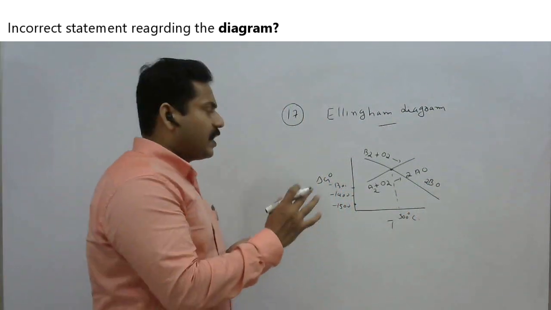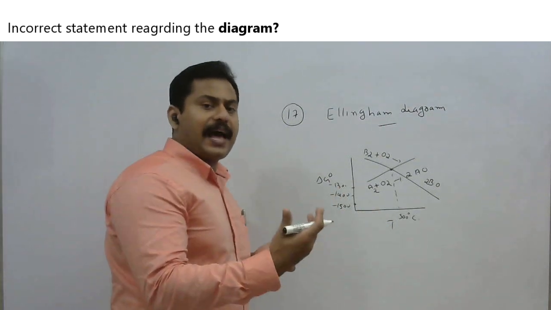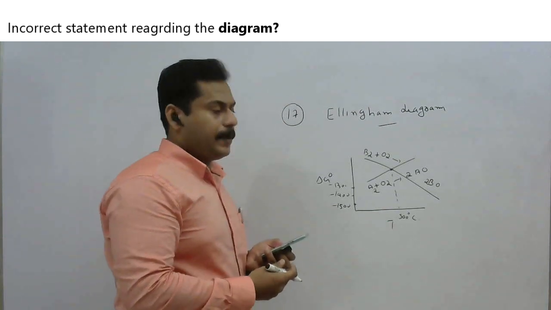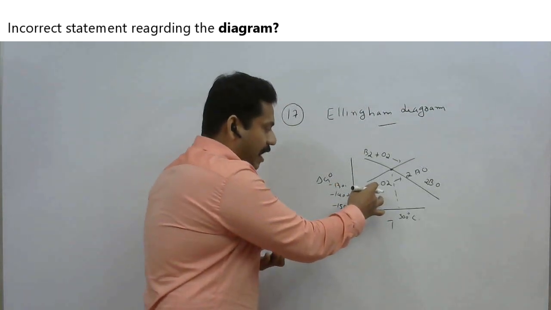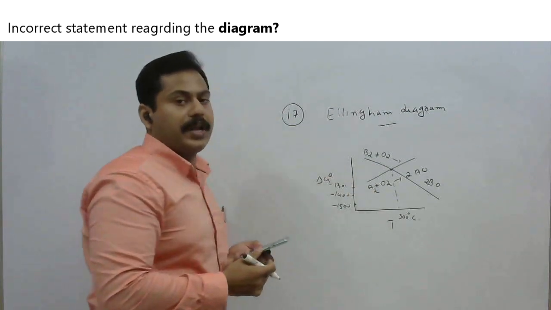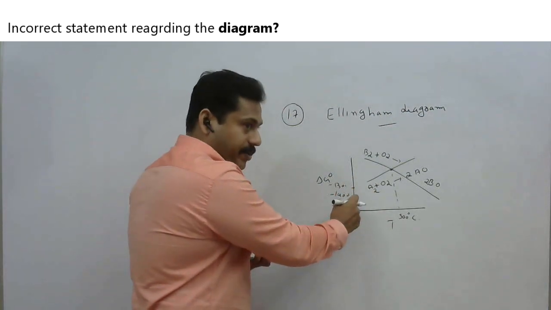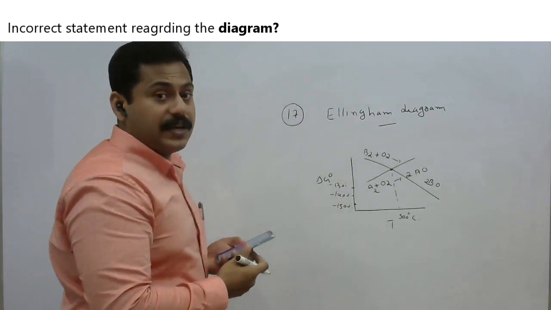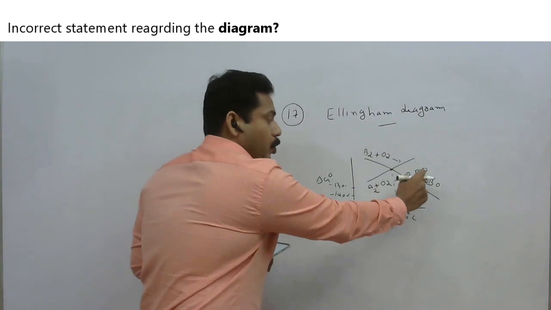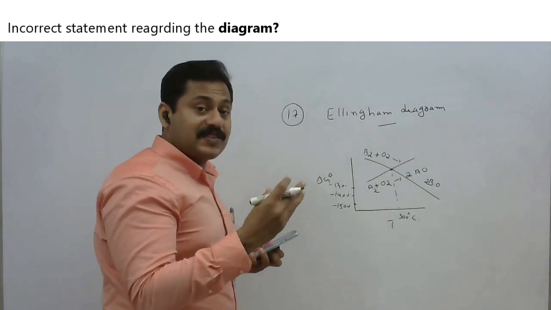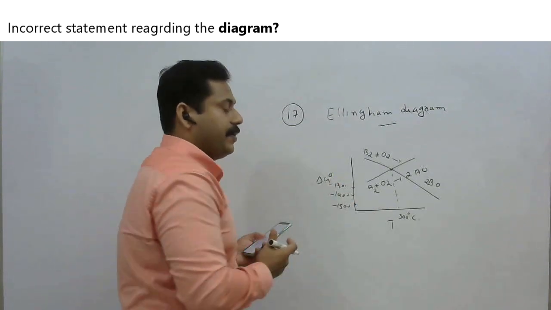From this it is clear that before 500 degrees Celsius, the one having more spontaneity is definitely A only, right? Because A is having the more negative delta G0 value. As far as the negative quantity is concerned, 2A plus O2 giving 2AO is having the maximum negative delta G0 value, correct? Before 500 degrees Celsius.